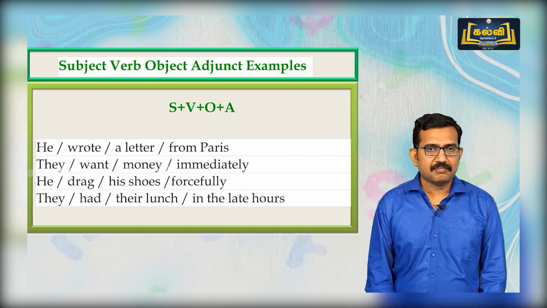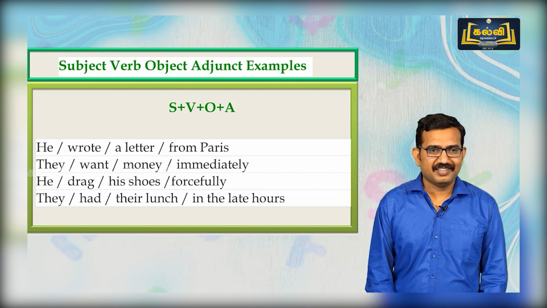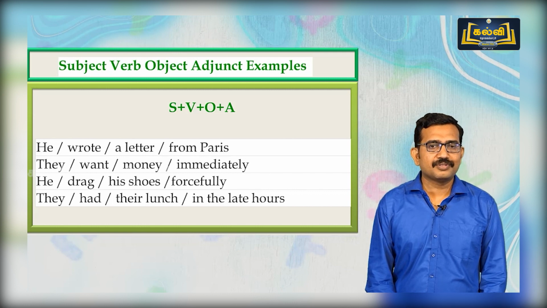SVOA pattern examples. He wrote a letter from Paris. They want money immediately. He dragged his shoes forcefully. They had their lunch in the late hours. Now